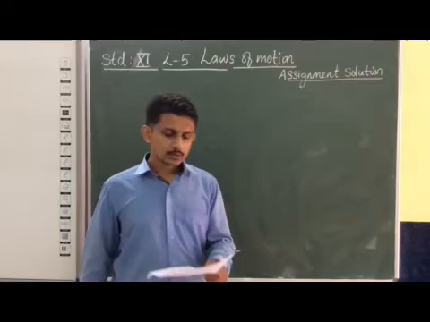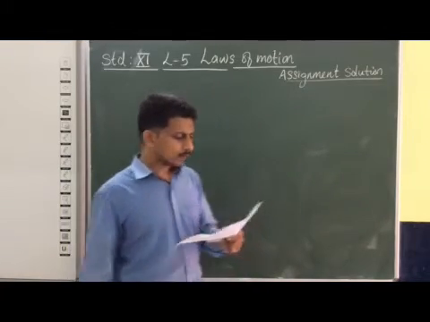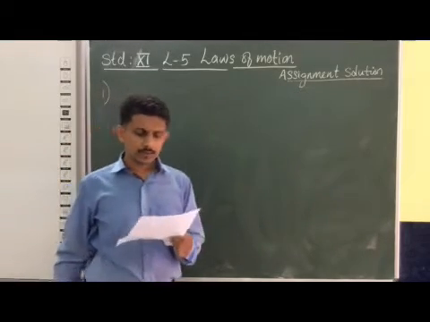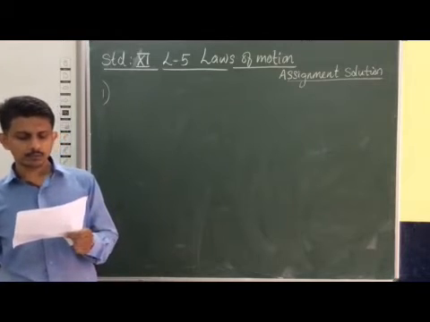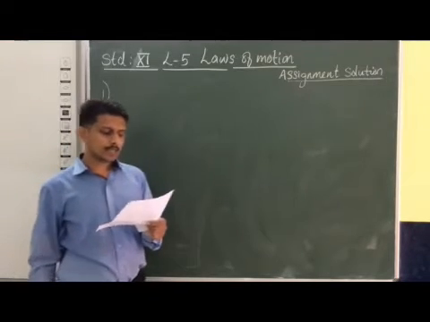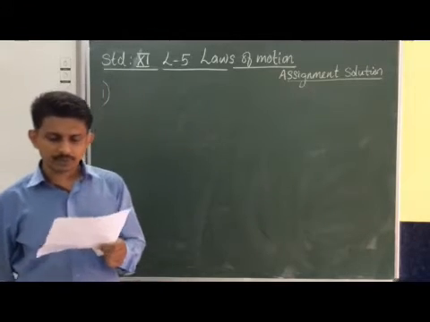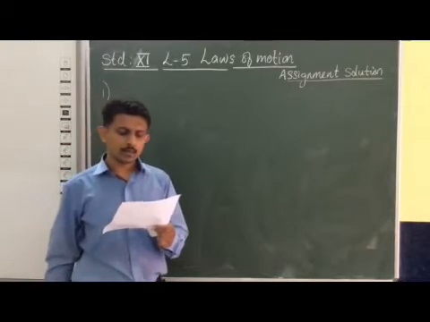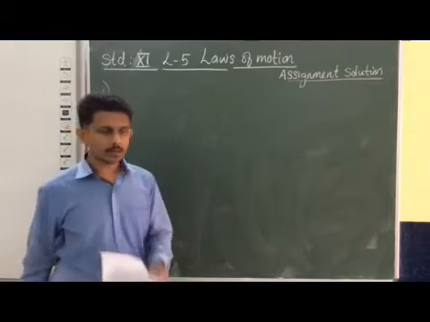Good morning, children. So we are discussing our assignment solution, chapter 5. So first question we are going to discuss. Two bodies of masses 10 kg and 20 kg respectively, kept on a smooth horizontal surface, are tied to the ends of a light string. A horizontal force of F equal to 600 Newton is applied to end A and B along the direction of the string. What is the tension in the string in each case?